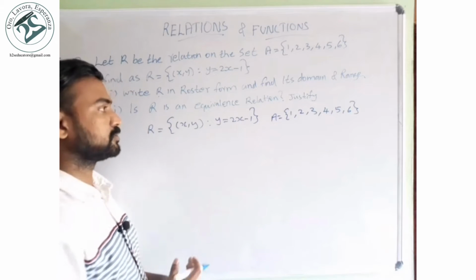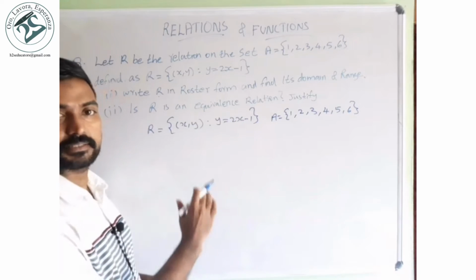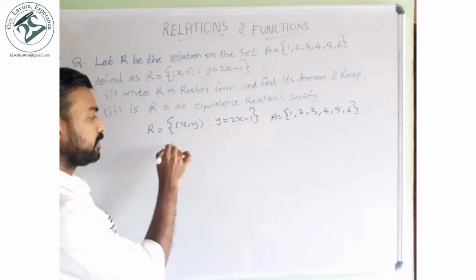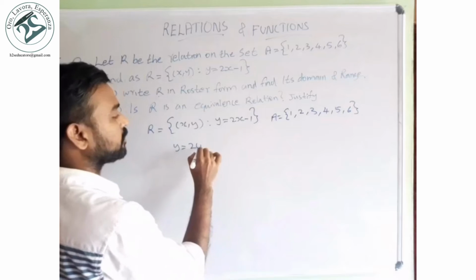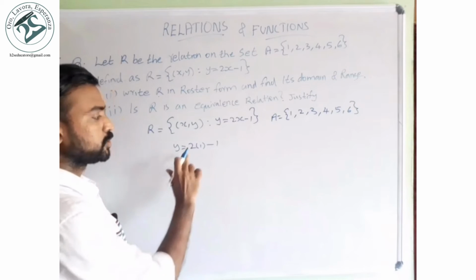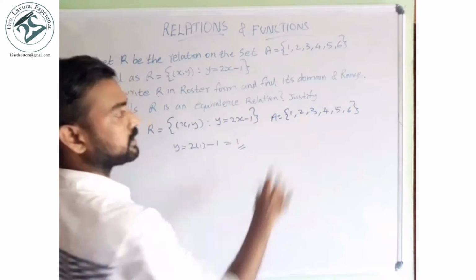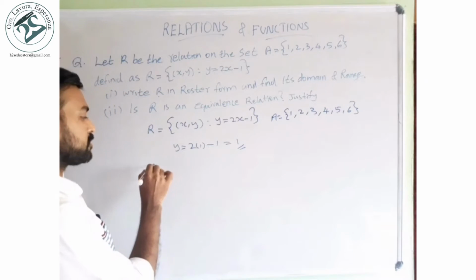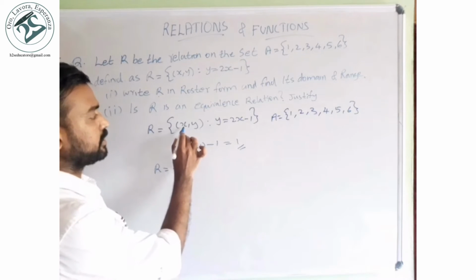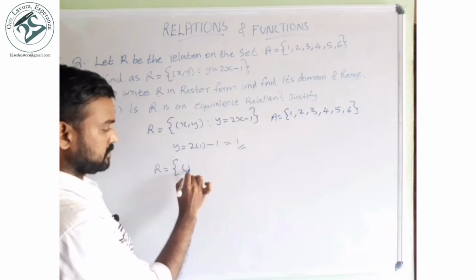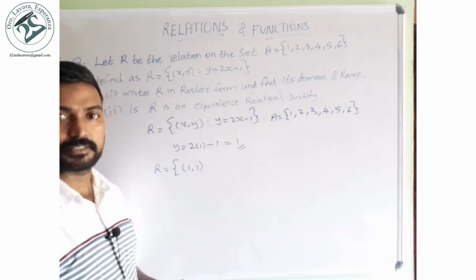Therefore, we have to understand what relation is happening in the set A. That can be understood by selecting the values, taking x as 1. So we can find y is equal to 2x, and instead of x we are giving 1. What will be the answer? 2 into 1 is 2, 2 minus 1 is equal to 1. The same number 1 occurs in the set A. So in roster form, x we selected is 1 and the answer is also 1. So (1, 1) is an element.